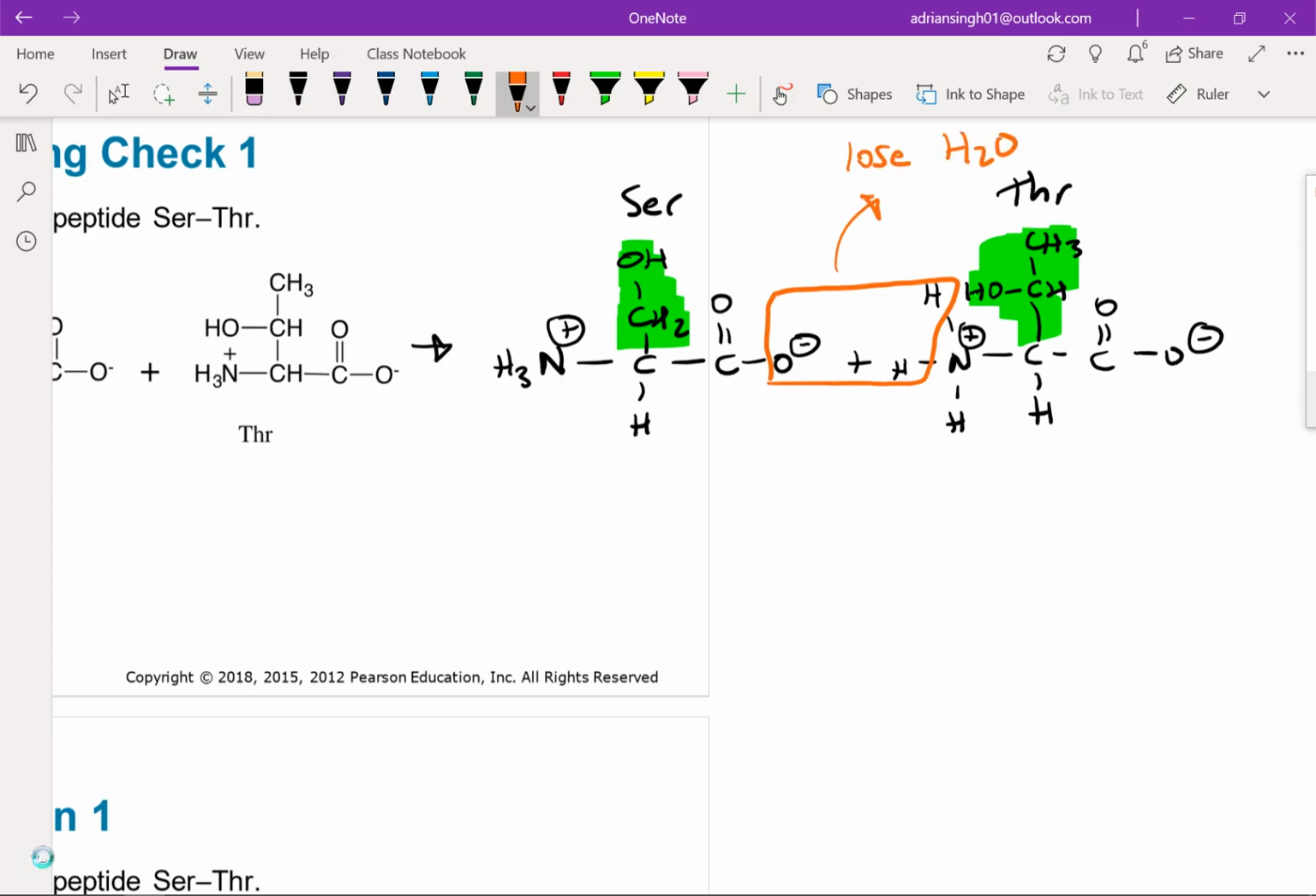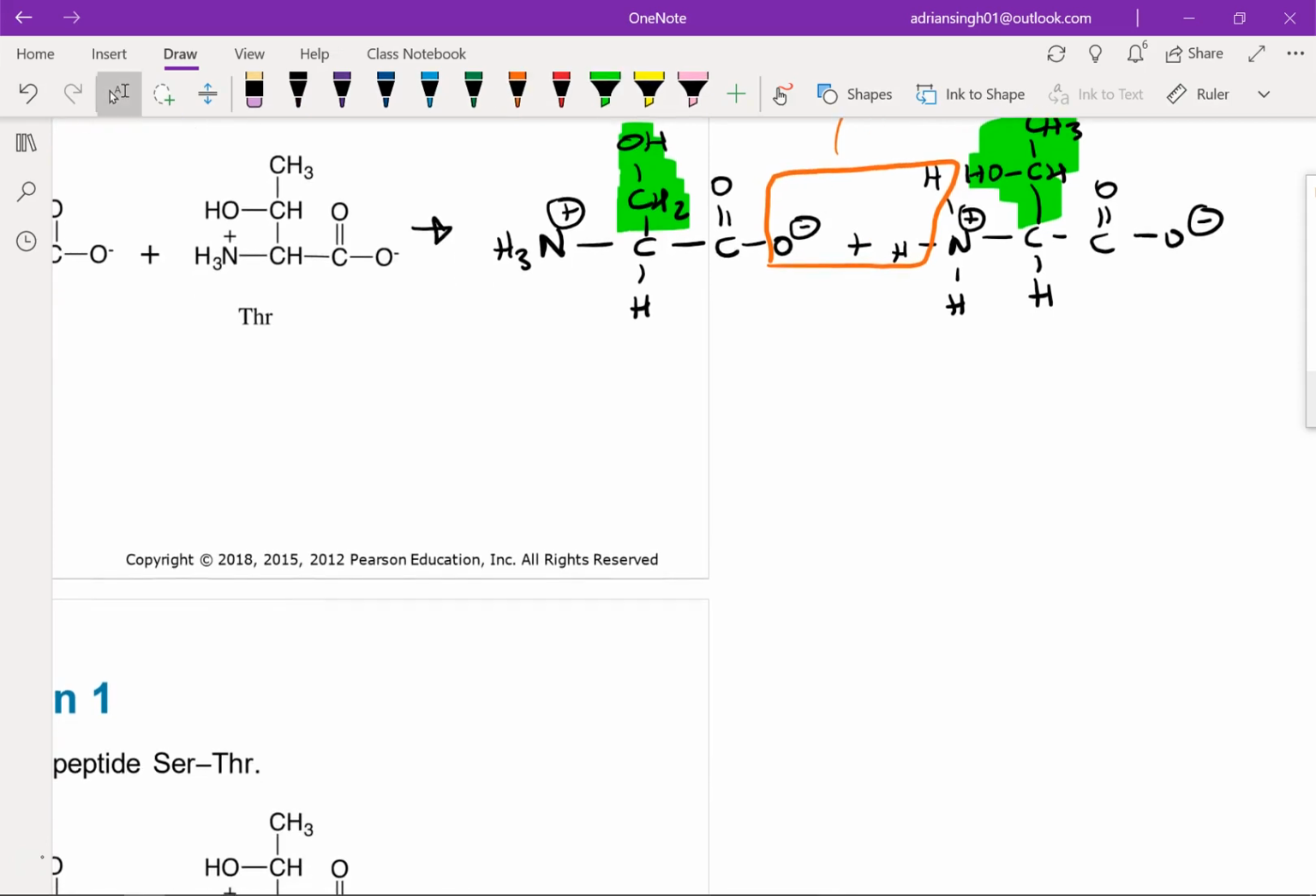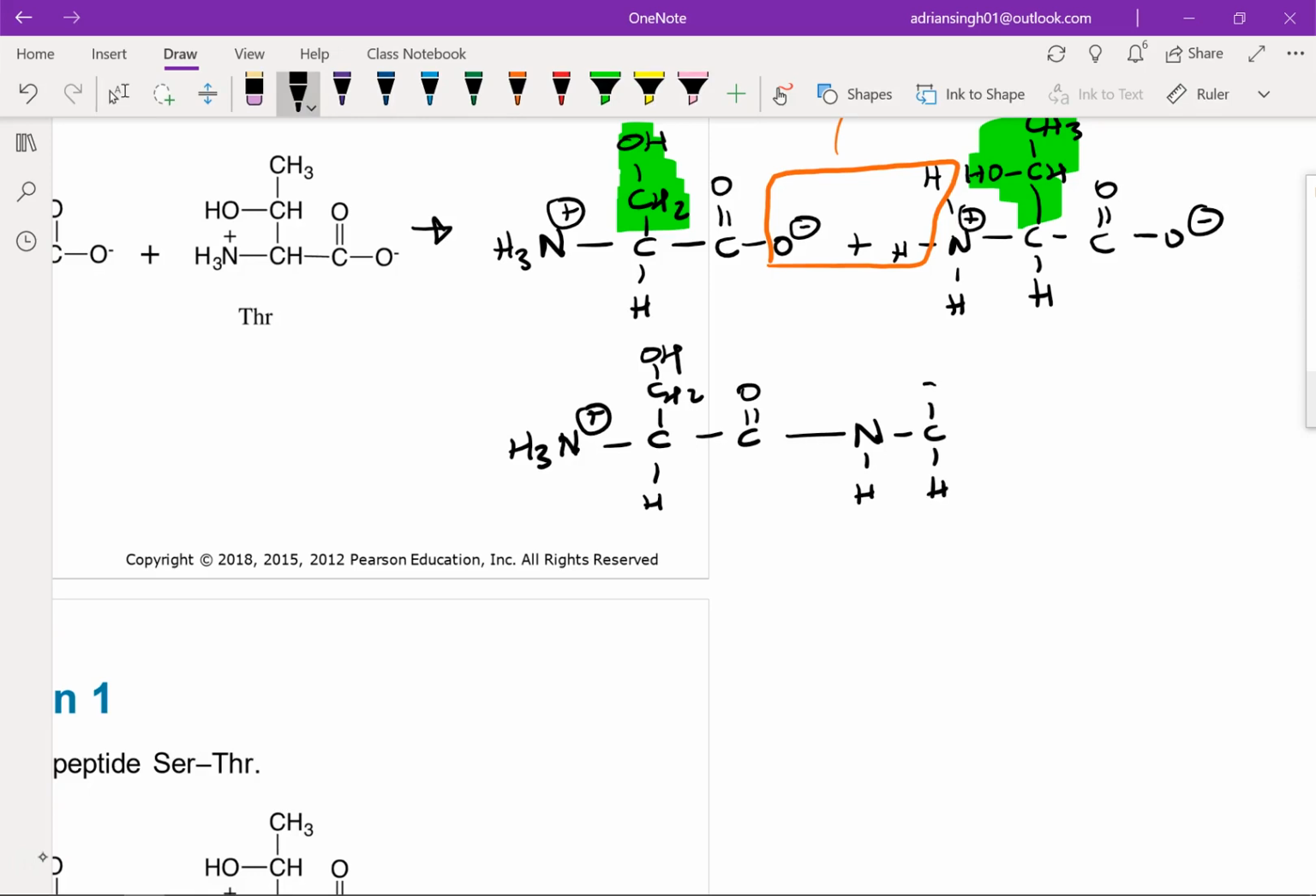Two H's and an O. And then what we're going to draw again, draw everything that does not change. So we have our NH3 here from the serine, our CH, and then our R group, CH2OH. Our C double bond O, and now we're going to connect this C double bond O to that nitrogen from the threonine, and then to that nitrogen we have our H underneath, we have our C, that's our alpha carbon,